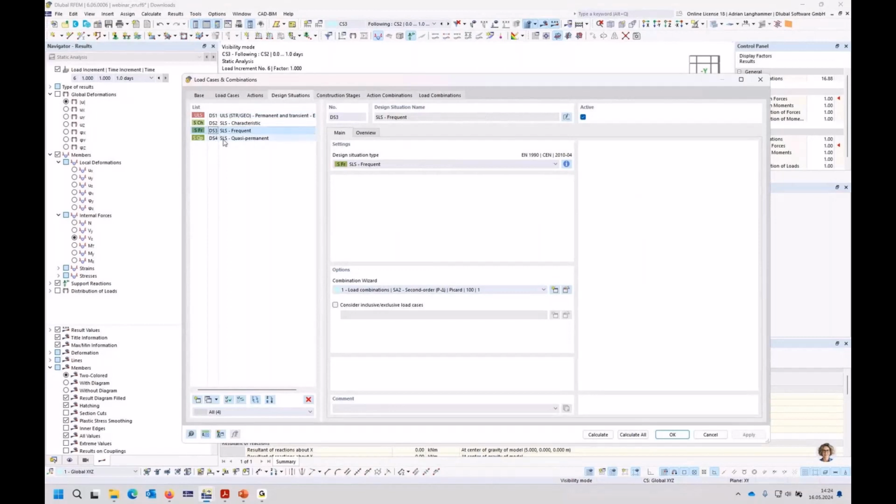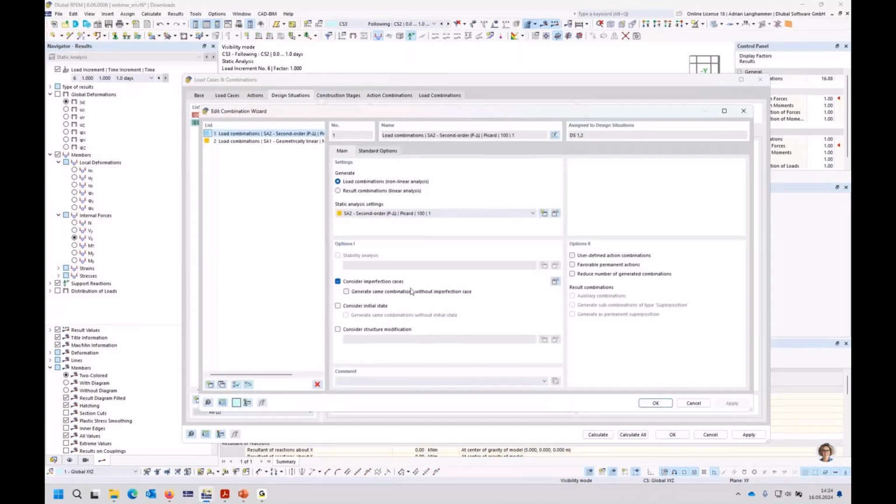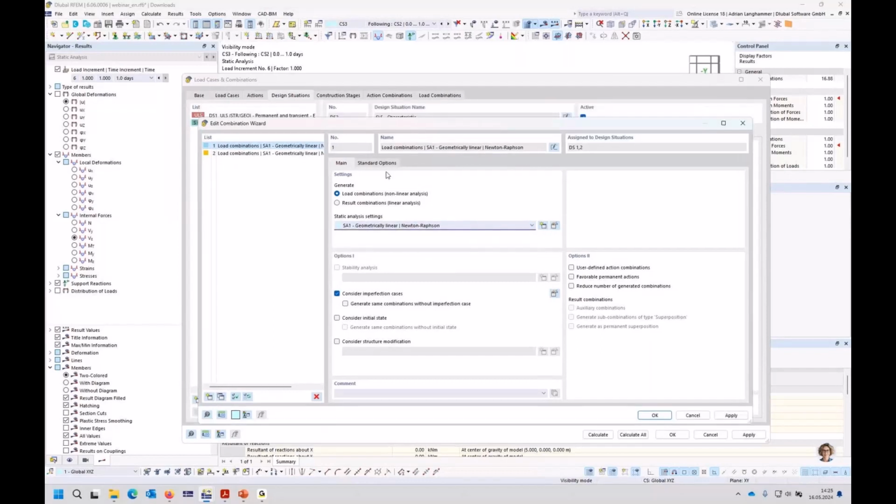But before doing this, I will remove these 2 design situations I don't need here in this example. I only want to show the characteristic results here. And then I will edit the combination wizard, and here it is possible to activate the automatic combinatorics for a construction stage. I have to choose here the same method like what is used for construction stages, and activate